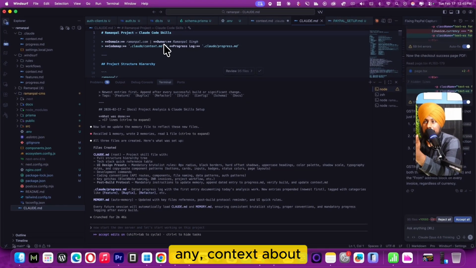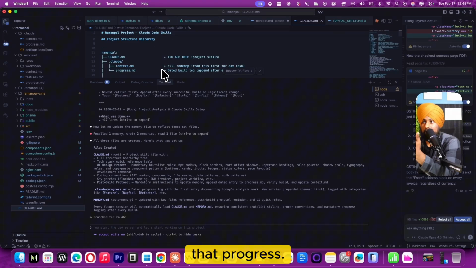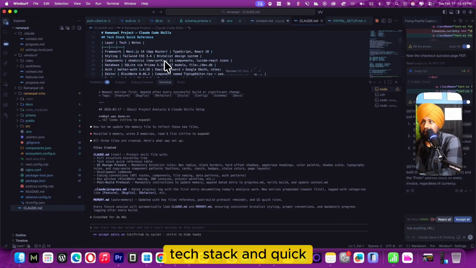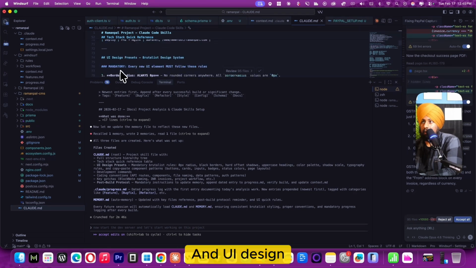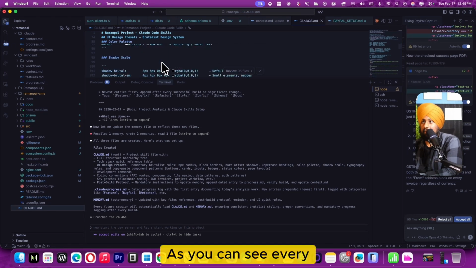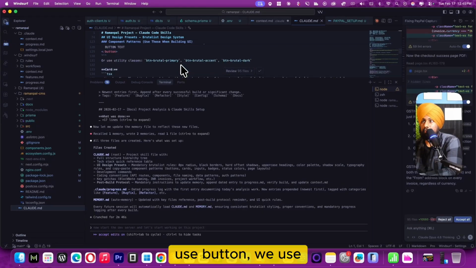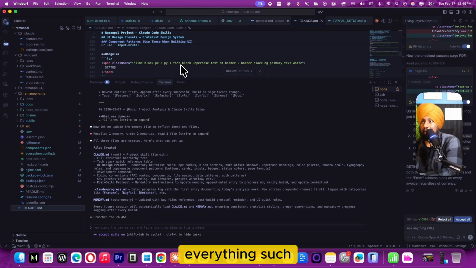If the agent needs any context about our code, there is a code context.md file, and a progress.md file where it needs to update the progress. And here is a project hierarchy, the tech stack and quick references, and the UI design presets. As you can see, every color palette, typography, button, everything we use is there, such that